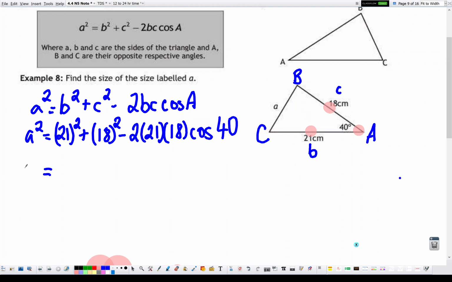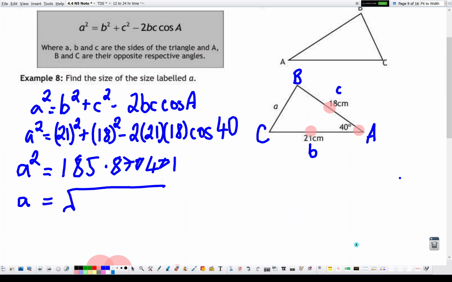So remember, that is a squared still, so that's 185.870401. What we need is not a squared, we need a, so we need to take the square root of the answer. So take the square root of the whole thing. If you've got a calculator, just leave the number in as your answer and hit the square root. If you don't have a calculator, just make sure you type out all of the digits, please, all of the decimal places, so that your final answer is as accurate as possible. So the square root of 185.870401, square root of the answer, and